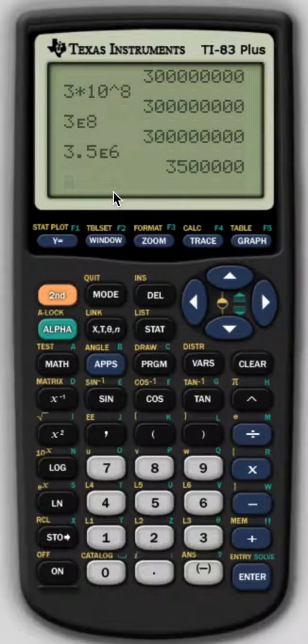Okay, that's 3.5 million, because 10 to the 6th power is 1 million. So that's how we deal with scientific notation. One thing you have to be careful of